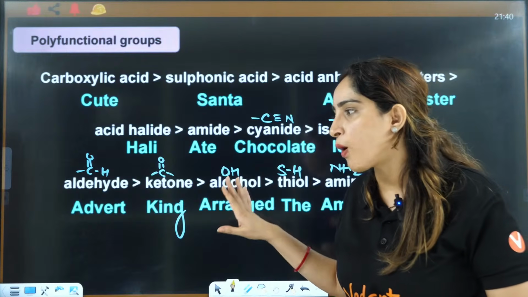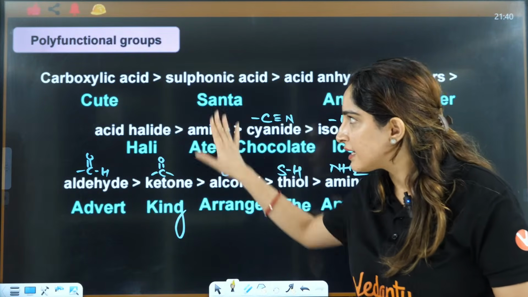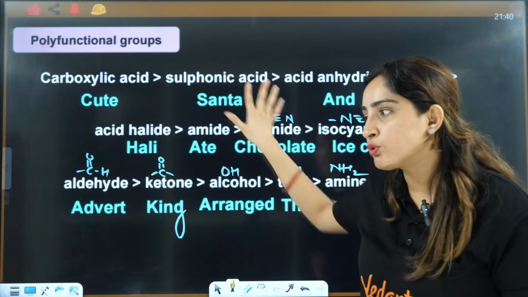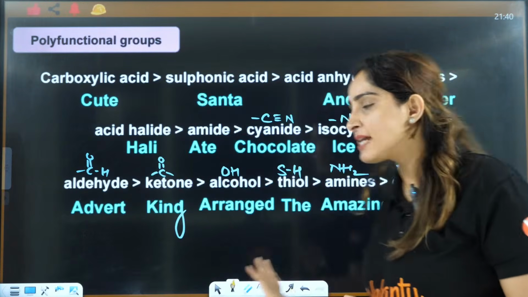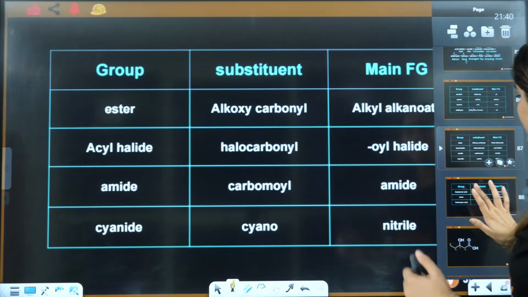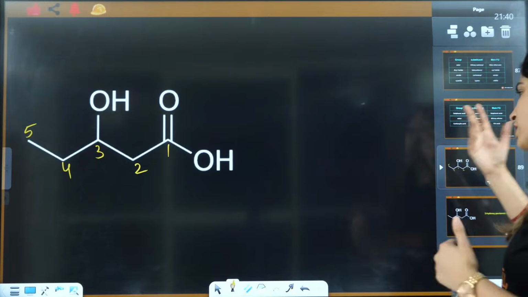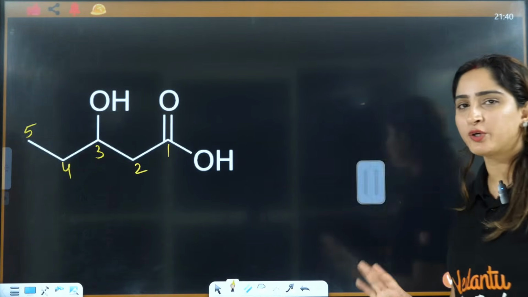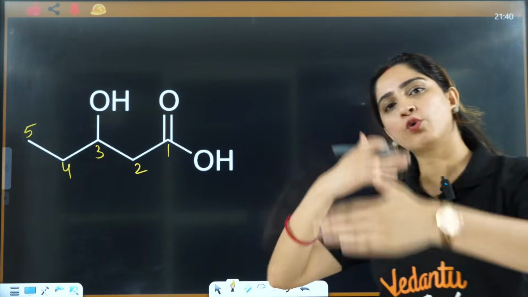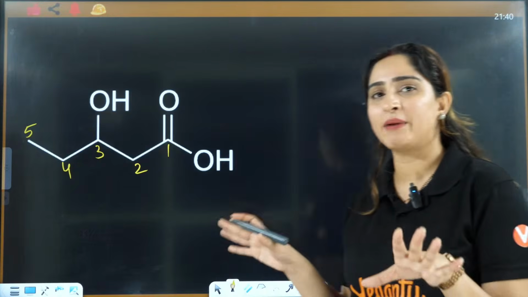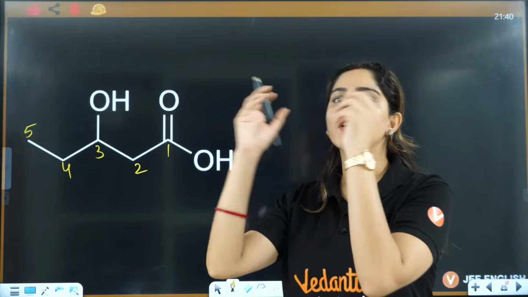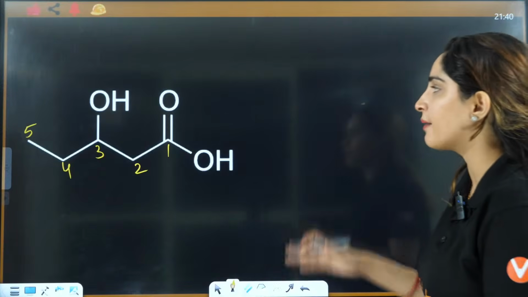Tell me, if there is any problem here, that is clear, no? This is the priority order, and you have to choose according to this priority order. Now, I am giving you examples. These names, you don't need to cram. When you do practice, automatically that will get into your head. Practice is more needed. After that, you go through these tables. These tables I have made so that you can make short notes by yourself and paste them somewhere so that you can remember it.